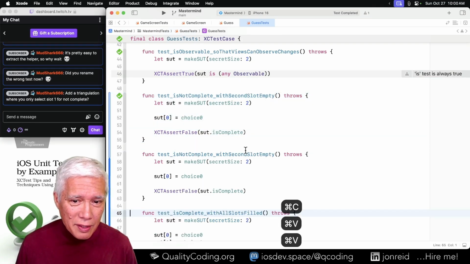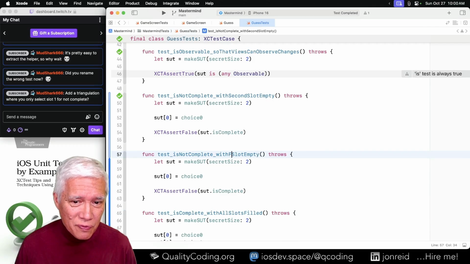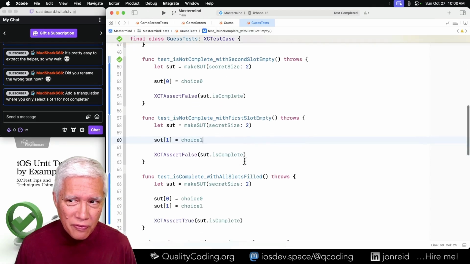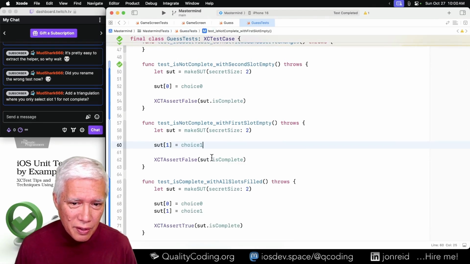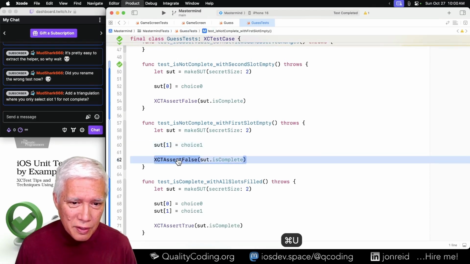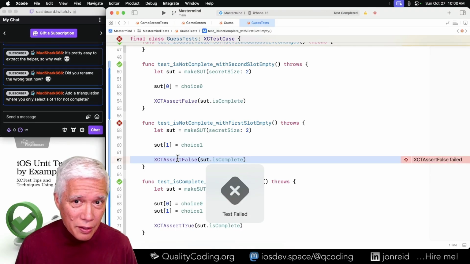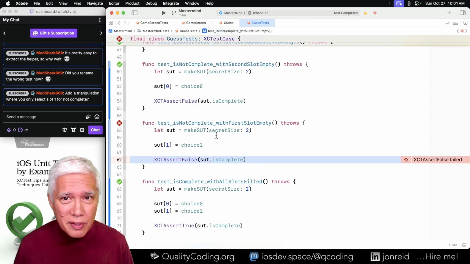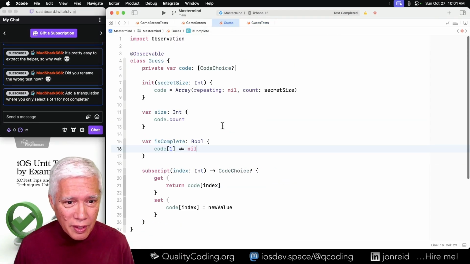So we can add another one with first slot empty. This will fail on this assertion. There we go. And now the triangulation has forced us to do the right thing, which is not this.